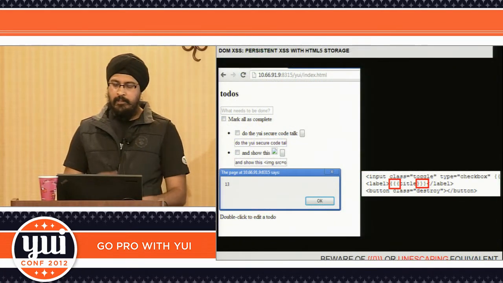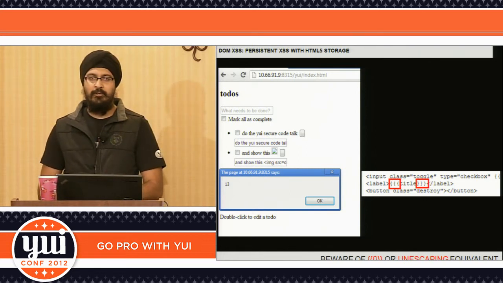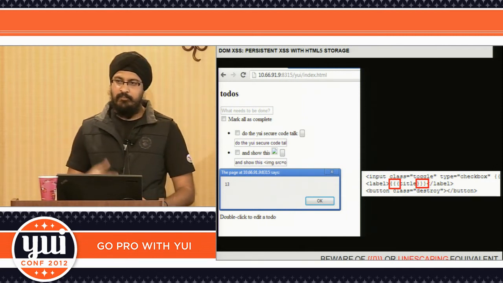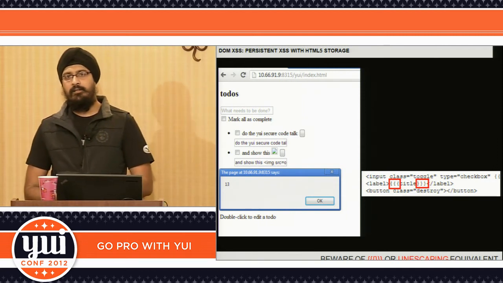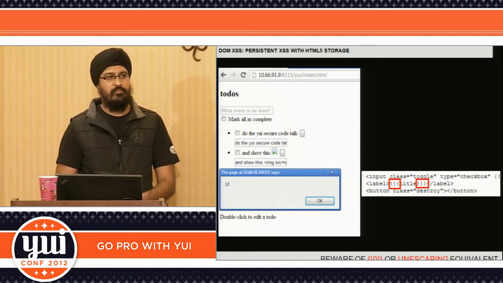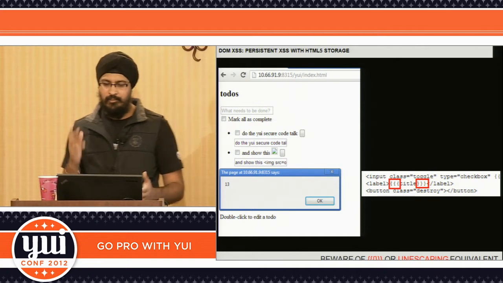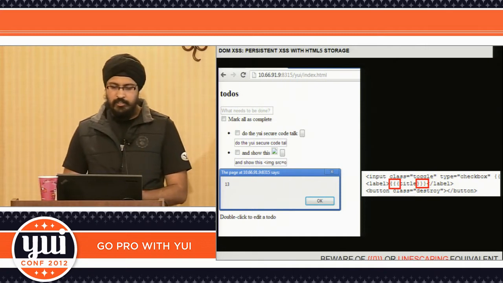So now with HTML5, whenever you have more features, the web becomes more powerful. The attacks become more powerful as well. So now you have HTML5 storage. You have lots of ways of doing storage. I think IndexedDB, local storage, and offline cache, a few more. So what you're going to see here is that,